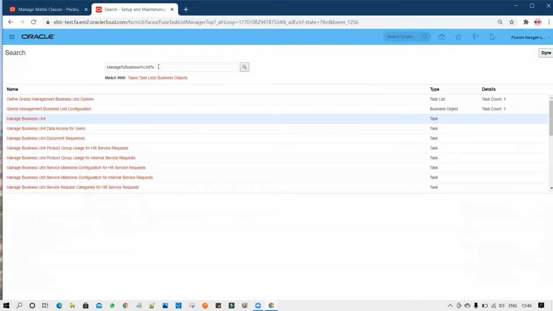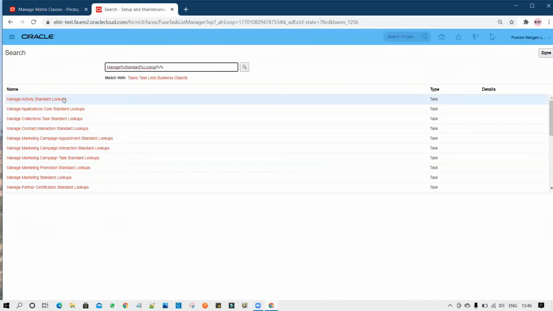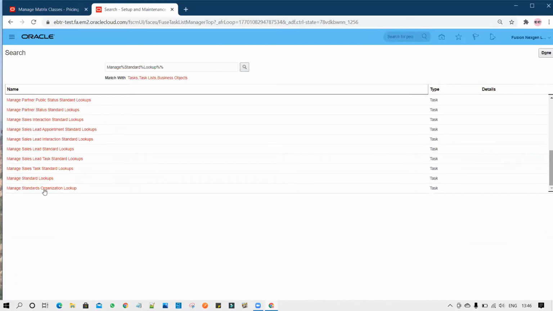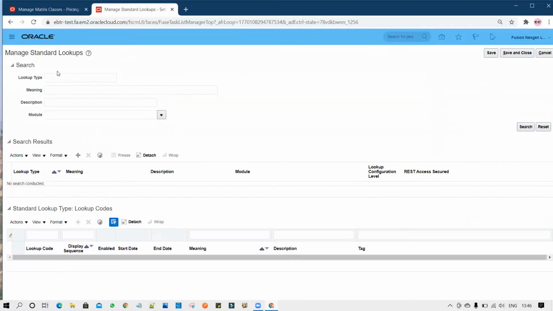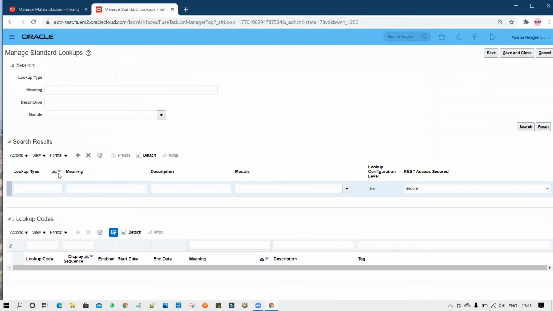Now I have to create the lookup. To create the lookup, you have to go to the Manage Standard Lookup task. Under the Manage Standard Lookup task, you have to click create. The lookup name, you can put your business unit name or as per your business requirement.